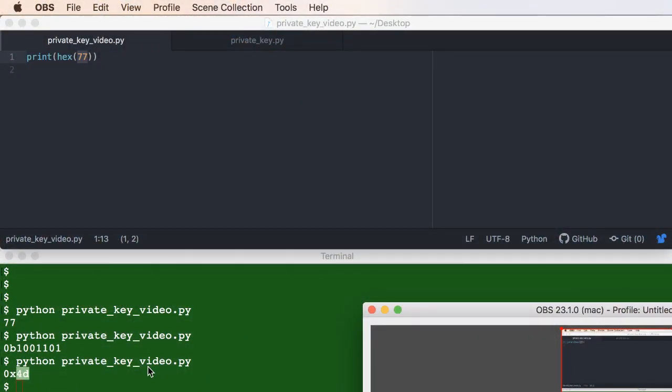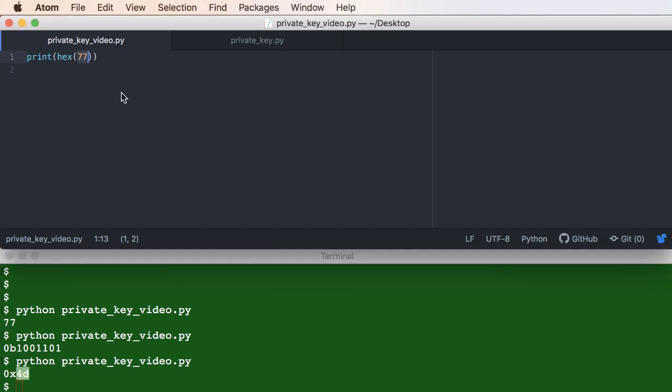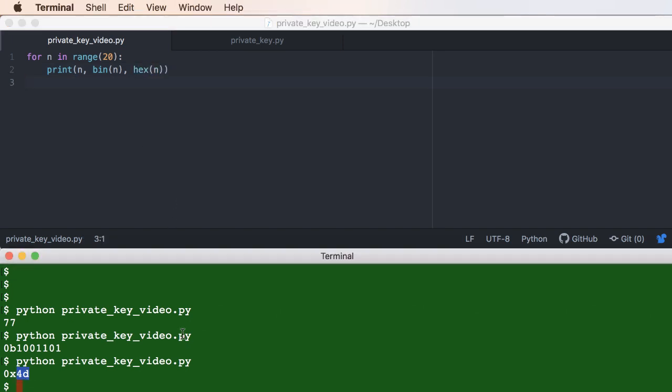Okay, so that said, I can show you more numbers in the representation. So I will go through 20 numbers. So for the number n in this range from 0 to 19, print the number n, print it also in binary, and print it also in hex. So if I do that,